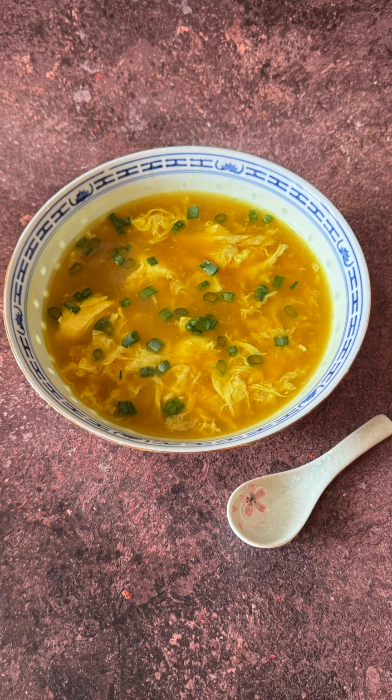There are just a few important steps to make this Chinese favorite egg drop soup, and we're going to make